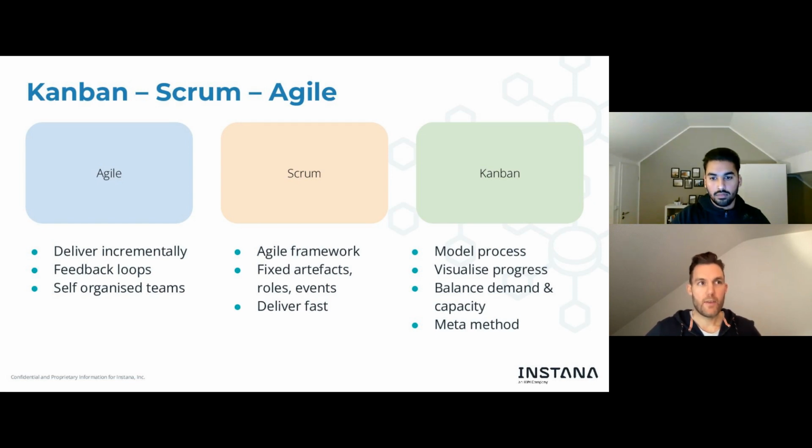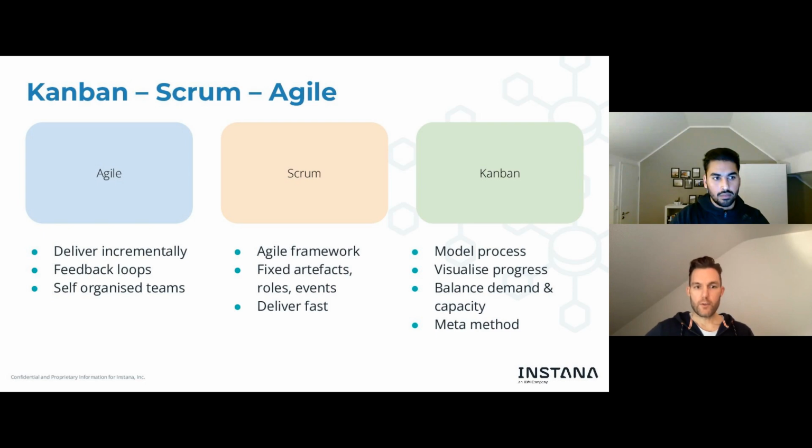Agile in itself, I think we have been, at Instana, at least in the engineering department, Agile all the time because we delivered features incrementally already. There were certain feedback loops, as in retrospectives, but here the retrospectives were more into the team. So how did the work feel for the last maybe 2 weeks or for the last 4 weeks? Is there room to improve how we feel we should do our work or organize our work?